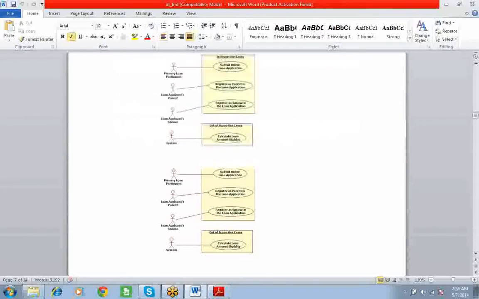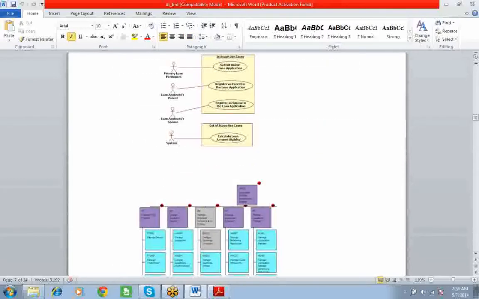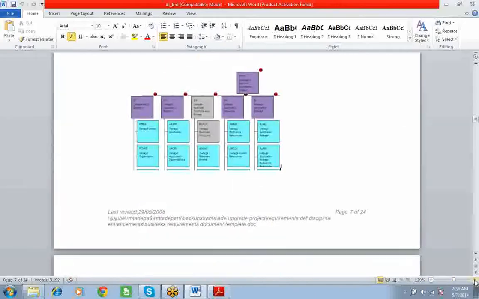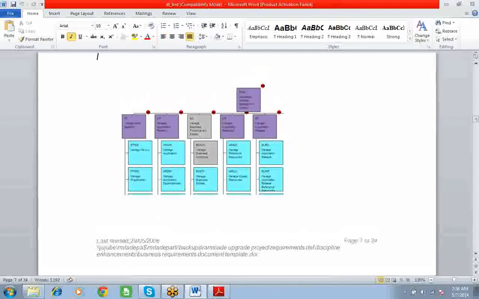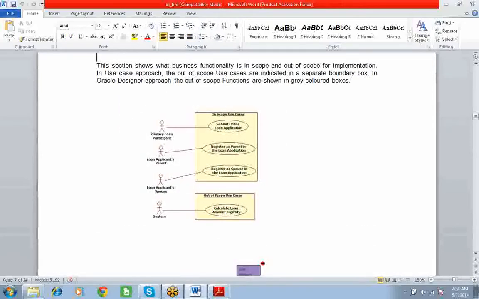Requirement scope. Look at this. These three we are implementing now, and the last one we are not implementing. Let me enlarge it and show you. For scope we use this use case just for understanding. Primary loan participant: submit online loan application, register as parent in the loan application, register as spouse in the loan application.